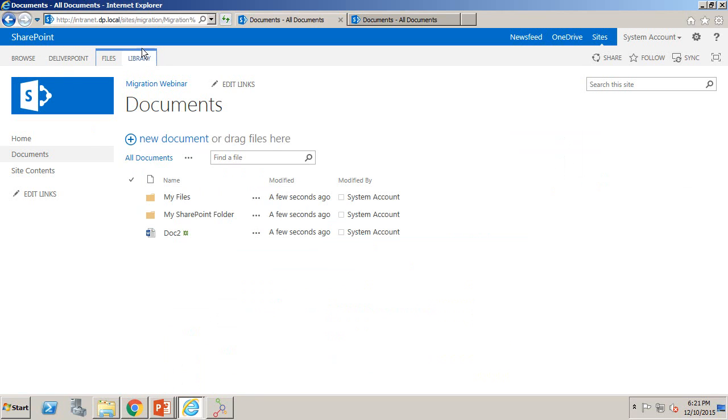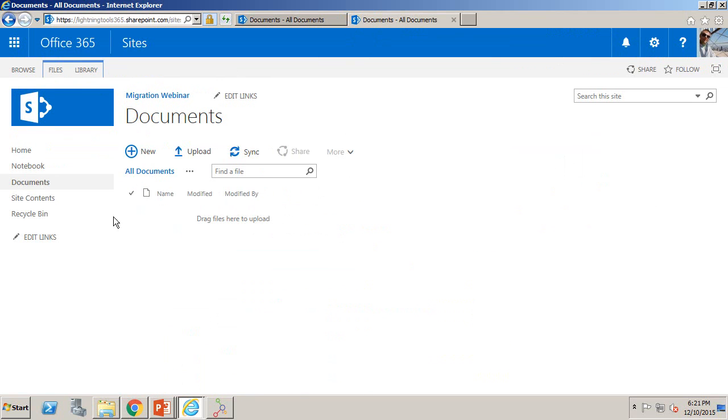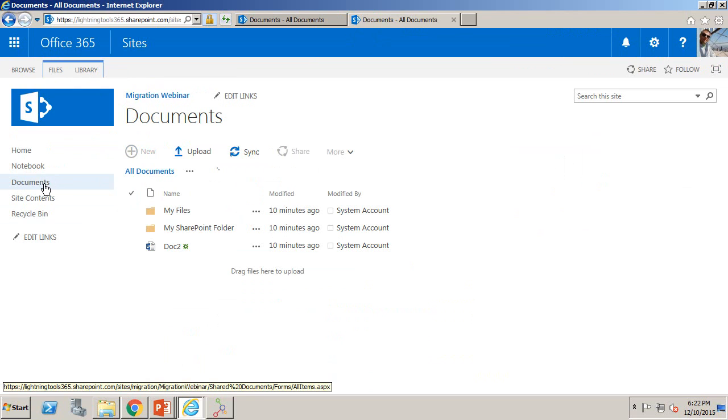So here we are in the on-prem environment, and let's just reload this document library. And there's the content in Office 365. So we didn't have to write any PowerShell. We just simply created the job by selecting the target and the source, and clicked migrate, and the rest was done for us